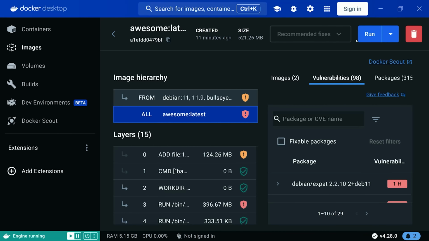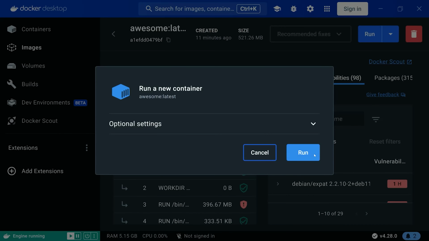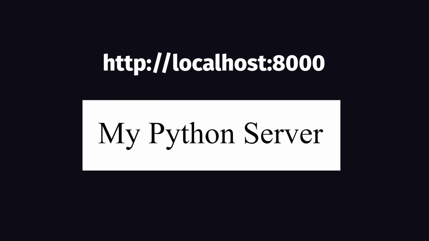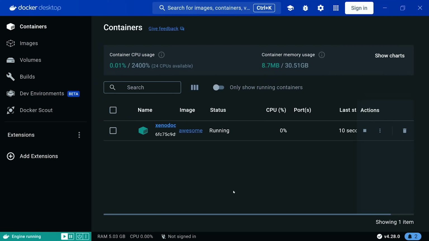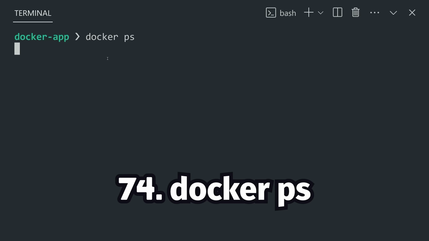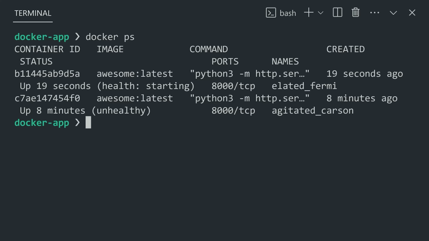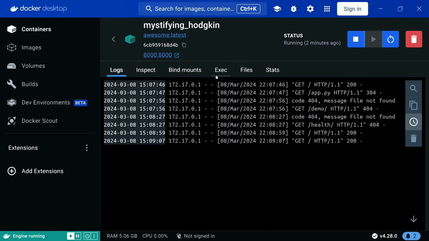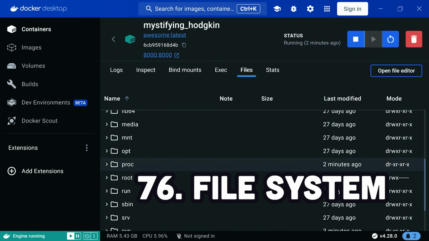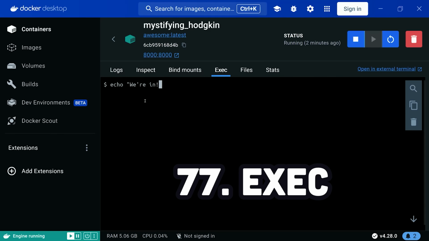But now the time has finally come to run a container. We can accomplish that by simply clicking on the Run button. Under the hood, it executes the Docker run command, and we can now access our server on localhost. In addition, we can see the running container here in Docker Desktop, which is the equivalent to the docker ps command, which you can run from the terminal to get a breakdown of all the running and stopped containers on your machine. If we click on it though, we can inspect the logs from this container, or view the file system,